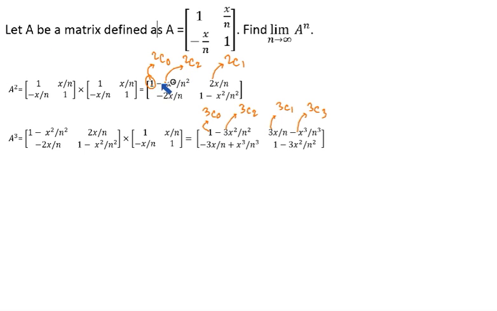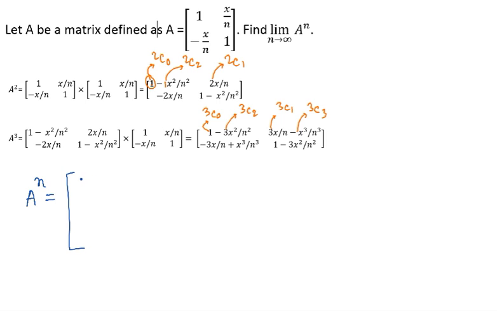Here the even binomial coefficients are appearing like 2C0, 2C2, and here the odd binomial coefficient is appearing, that is 2C1. Similarly 3C0, 3C2, and 3C1, 3C3. And we are not really bothered about these two elements because once we crack this particular element, this element will be negative of this and this element will be same as this. So following the pattern, if I want to write down A to the power n, A to the power n will become equal to